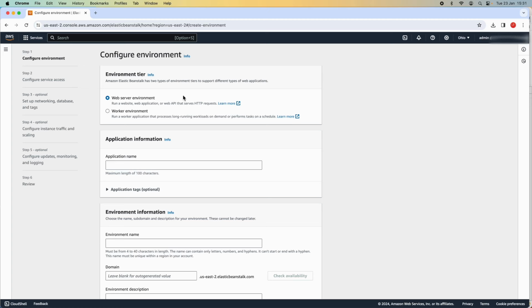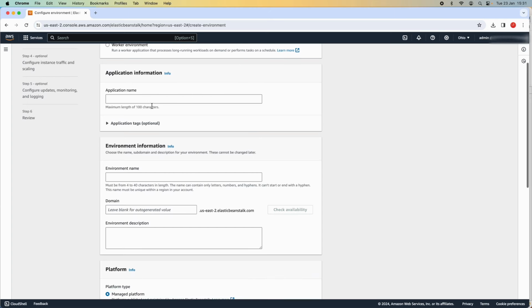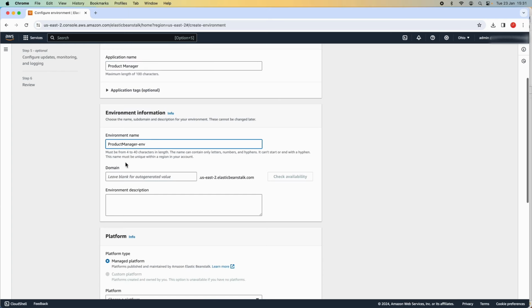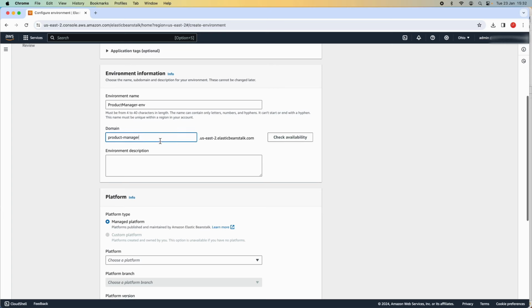Okay, so in the configure environment page here, choose web server environment because we are going to deploy a Java web application based on Spring Framework. You see Spring Boot. Enter the application name, for example, Product Manager, and you see it automatically suggests the environment name, Product Manager dash, and specify the subdomain for the application. Here I specify Product dash Manager,